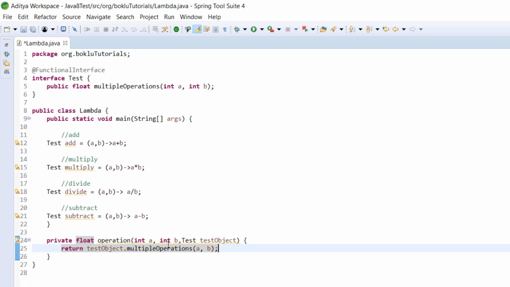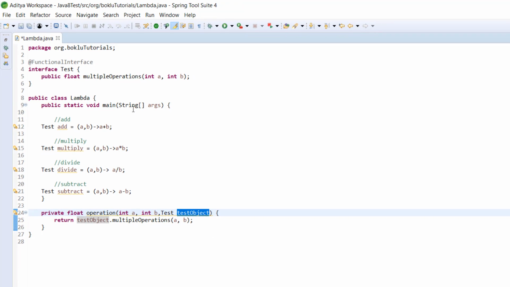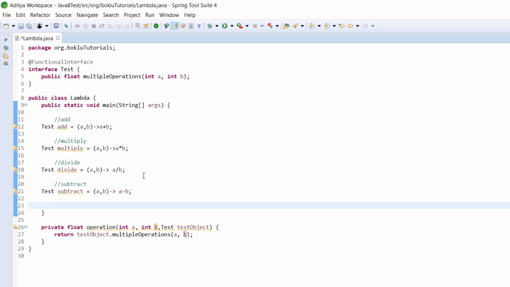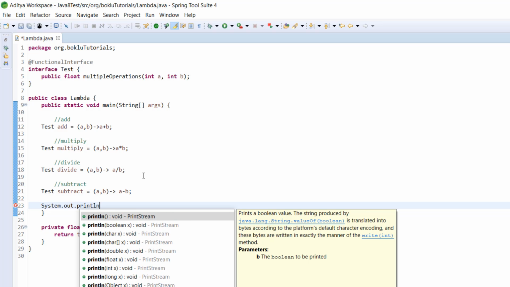So guys, what we have done in this private method: we pass 3 arguments, int a, int b and the test interface argument, the test object, and the test object is calling this multipleOperation passing those 2 values a and b. Okay, now we will write sop, System.out.println.